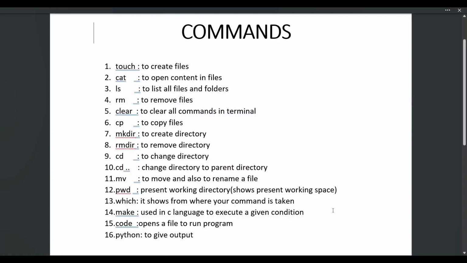Hello everyone. Today I want to discuss something related to programming commands. Firstly, touch is used to create files, cat is used to open content in files, ls is used to list out all files and folders that you have created so far, rm is used to remove files, clear is used to clear all the commands in your terminal, cp is used to copy files, mkdir is used to create a